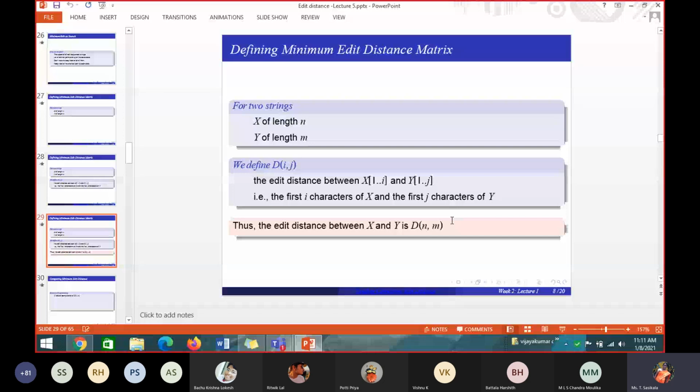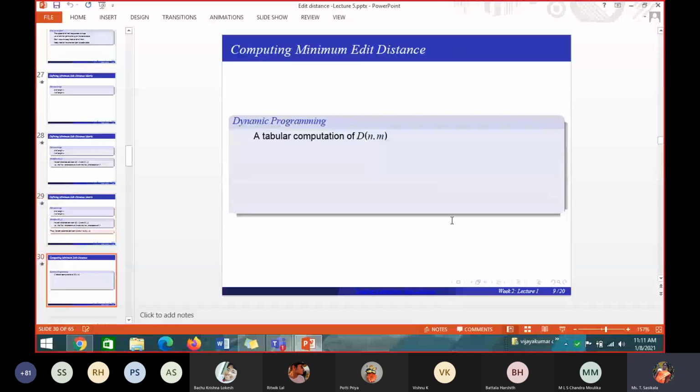Intention and execution, how many letters do we have? E, X, E, C, U, T, I, O, N. Then it is 9 comma 9. Okay, we will be getting it.